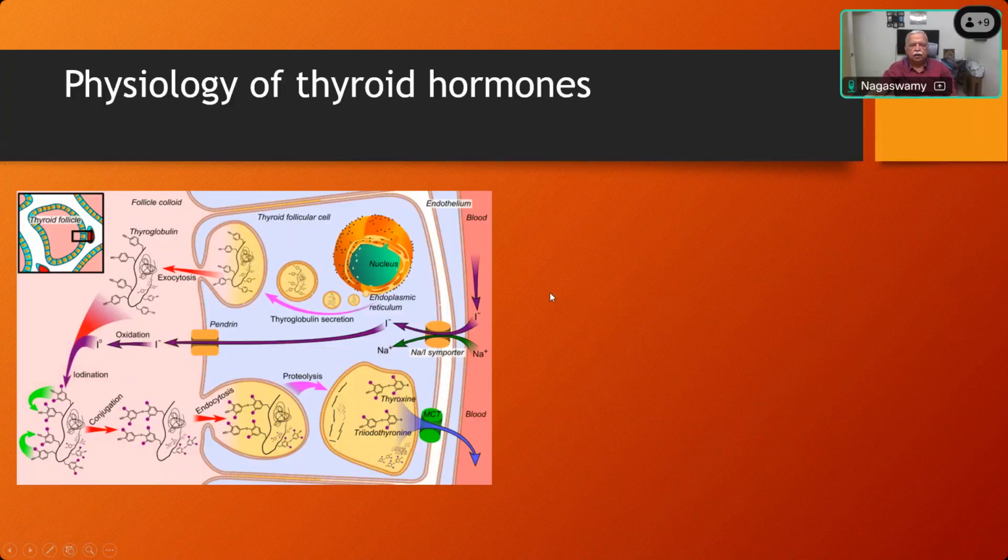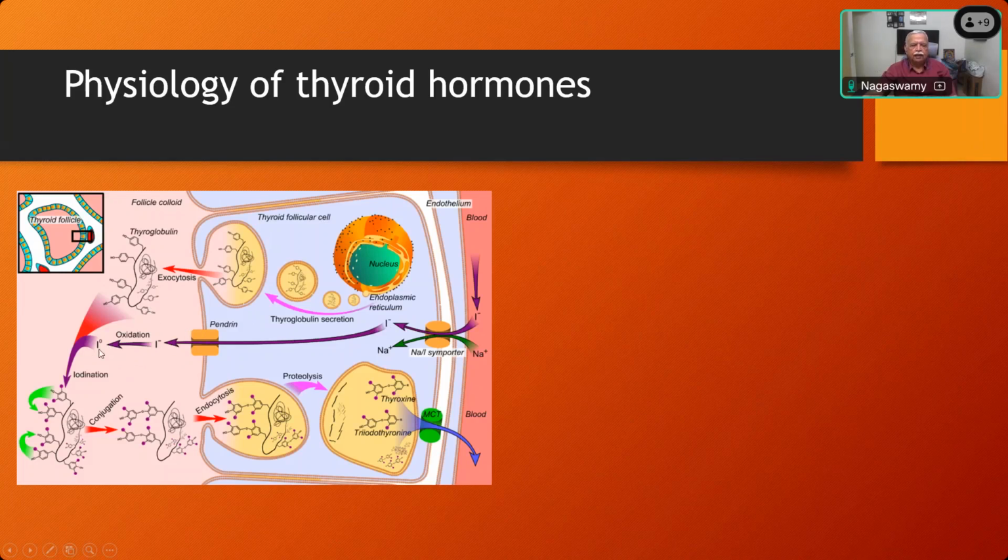And the physiology of thyroid hormone. This is a common question. They may ask you how the hormone is formed by the thyroid follicles in the thyroid gland, and the blood which carries the iodine. The iodine is taken up by the follicular cells through the sodium iodide importer. So both the sodium and iodine are coming in, and then the sodium will be sent back by the sodium potassium ATPase pump. But the iodine will travel through and go into